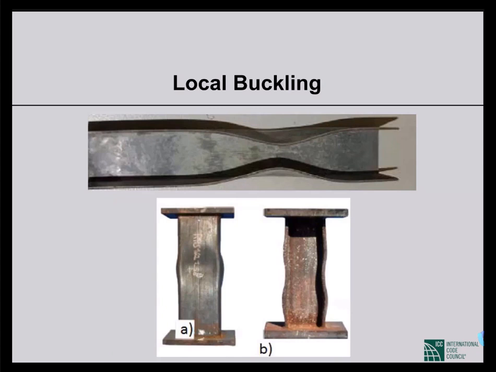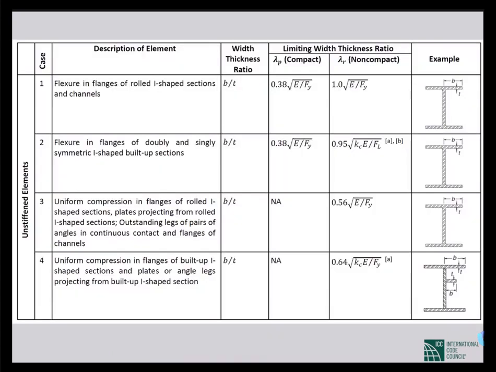That's why we need to know which elements are stiffened and which are unstiffened. Why do we need to know that? Because we want to define slenderness ratio for the elements. We have slenderness ratio defined by length of the member divided by radius of gyration of the member, the L by r ratio. We know that. But we want to define slenderness ratio for the flange, not the whole section, and for the web, not the whole section. In that case, how can we define that? This definition of stiffened and unstiffened element is very important.